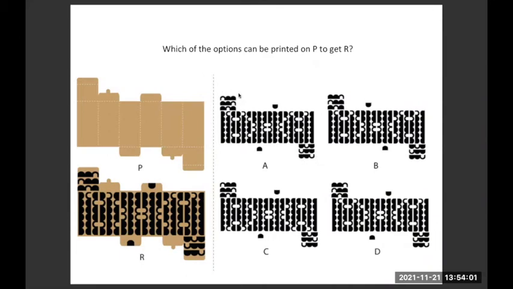Is there any issue here? Or is there any issue here? No, or is there no issue anywhere? Ma'am, there is. In the first art, the first two curves are colored, and here the first two curves are not colored. This one and this one. You are saying that, right? Is that correct? Yes, ma'am. Okay, so option A is wrong then.